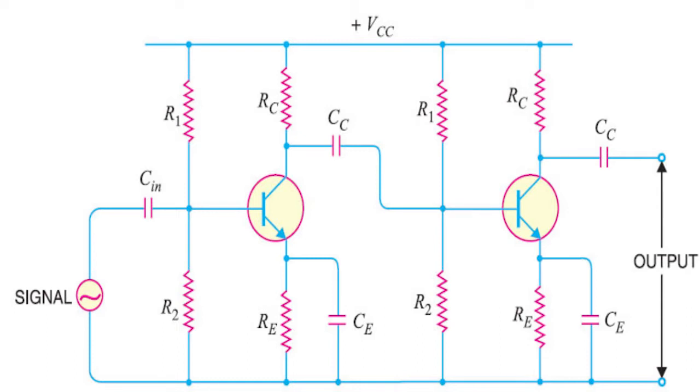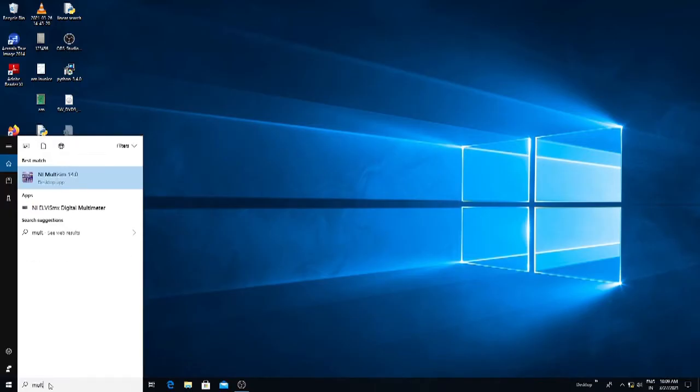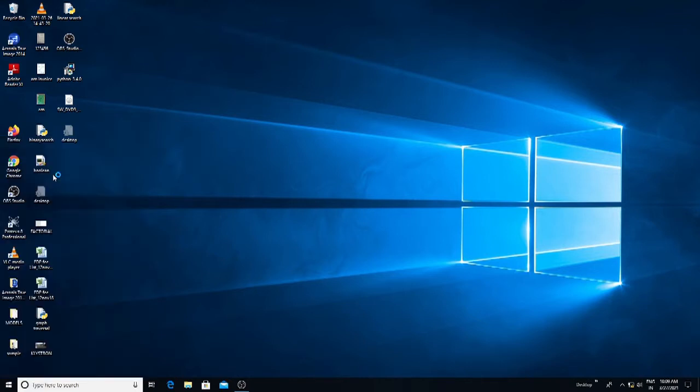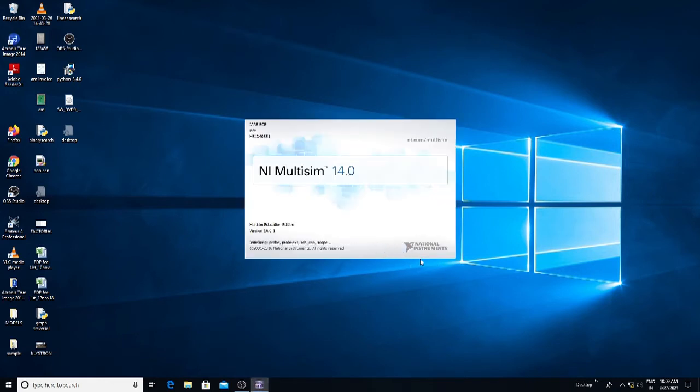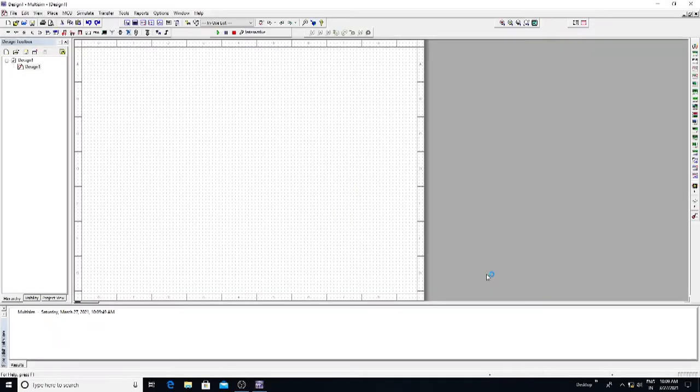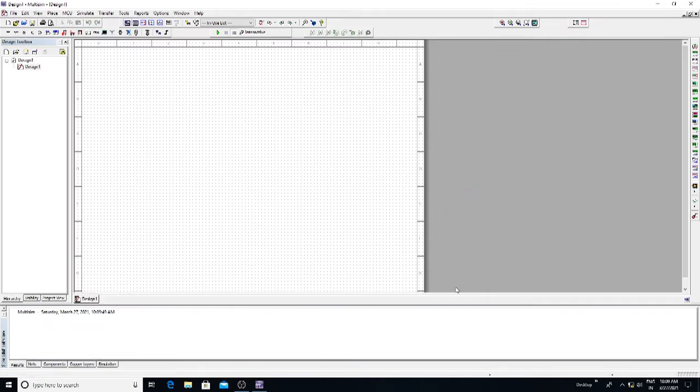As we did in the first experiment, directly type Multisim in search. NI Multisim, click on it. Now the Multisim window is open.